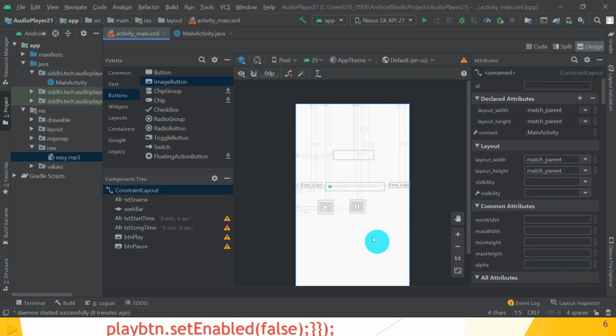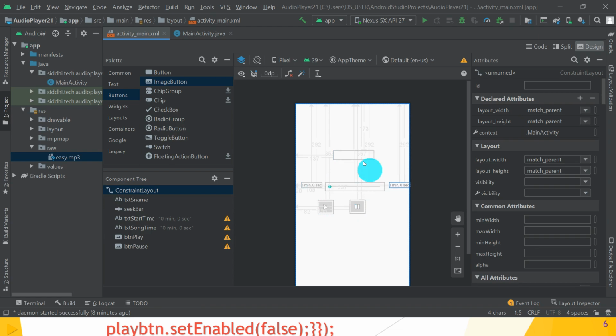This is the second step. So the first step, you have to create one raw folder inside the resource folder, then copy the easy.mp3 or any mp3 file inside the raw folder. Next is create your design view for the media player. Take two image buttons for play and pause, then seek bar, then three text views.